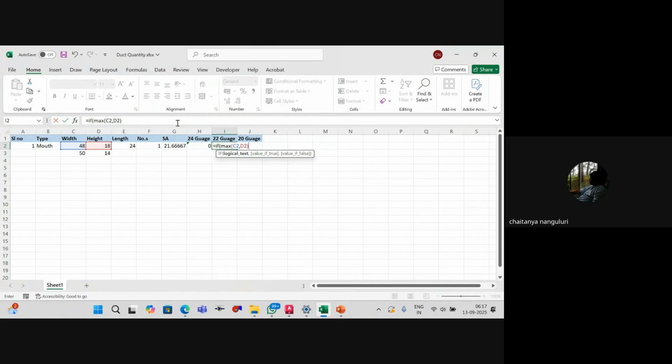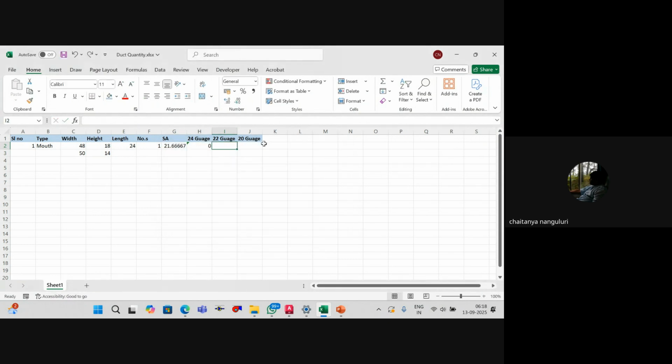Only if won't help me at all. So I have to use if and logic also. You agree? Yes, sir. So if and, just a sec. What is the syntax for it? If and